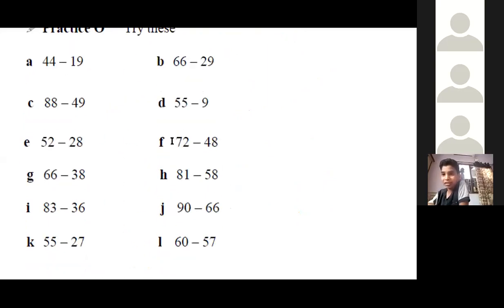Before I explain these questions, you give your names first, up to L. If completed, no need to give. Kunal, no need to write again. Whoever was not there in the previous exercise, they only have to give. Kunal is writing again and again. Why? People who got the chance in the last exercise, don't write.